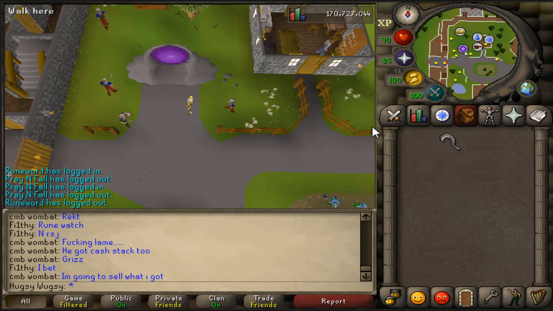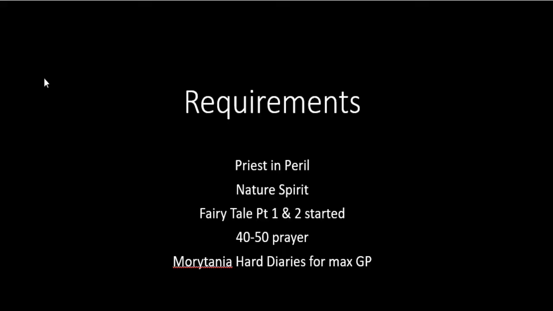But before then, I am going to show you a list of supplies needed and quests needed, especially the questing, and we'll go from there. Okay, so the requirements are Priest in Peril, Nature Spirit, and Fairy Tales Part 1. You will have to have Fairy Tale Part 2 started as well. You just have to get to the point where you unlock the fairy ring, which is literally the beginning of the quest. You're going to need 40 to 50 prayer,